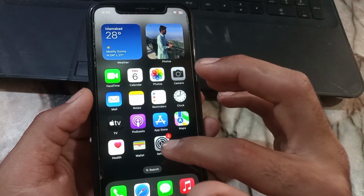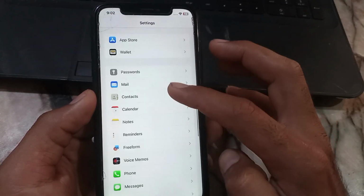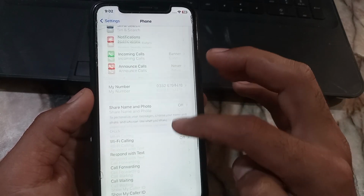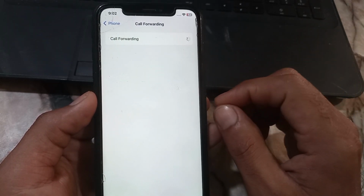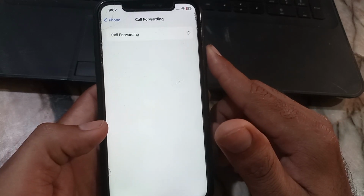So guys, first of all open Settings, scroll down and find the Phone application. Tap on it, scroll down, and tap on Call Forwarding. If Call Forwarding is on, make sure to turn it off from here, and after that go